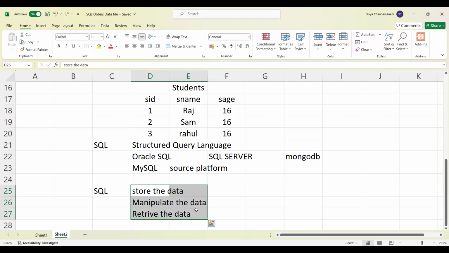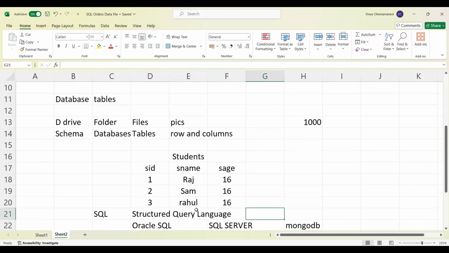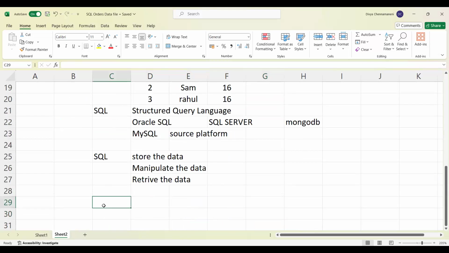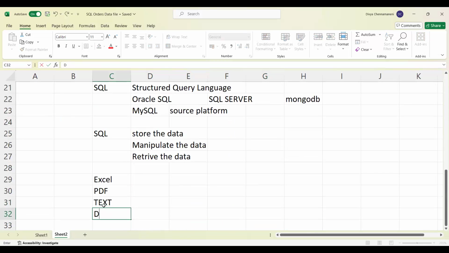In our next class, that is tomorrow's class, as today you got a basic understanding of what SQL is and what databases are, tomorrow we will see that we can store data in anything: in Excel, in PDF, in a text file, and in the same way in the form of databases. If we can already store in all these forms, then why a database? We will understand that in tomorrow's class. Let's compare Excel and databases: what limitations we have in Excel, and how we overcome them with databases. Once we are done with that, we will start creating and seeing everything practically.